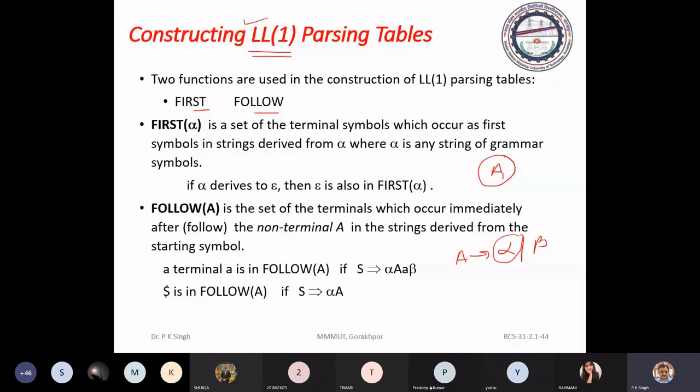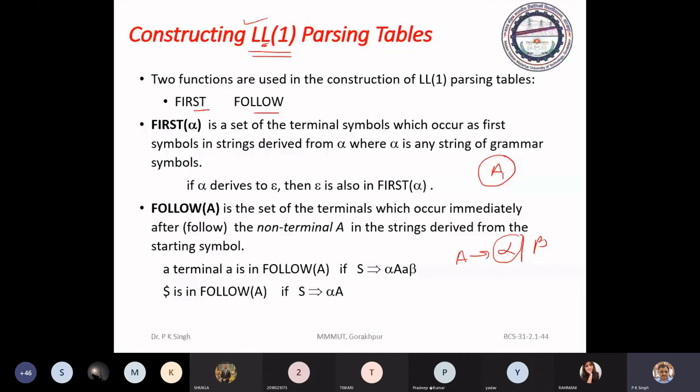Input string means in the input buffer, your input pointer will scan the string from left to right. And the second L means leftmost derivation. It will always generate leftmost derivation.